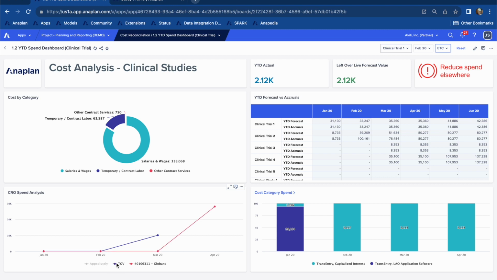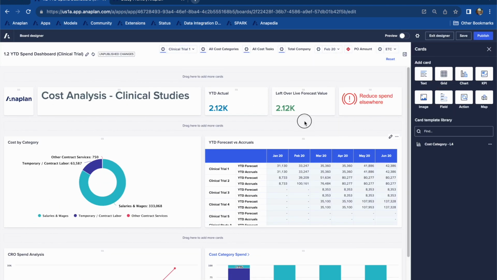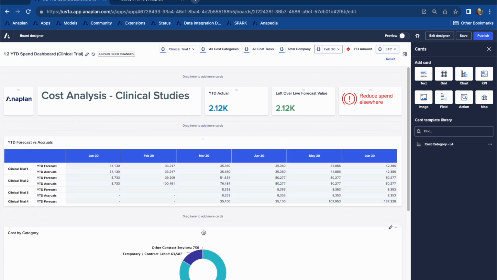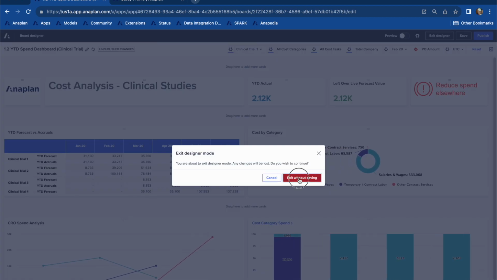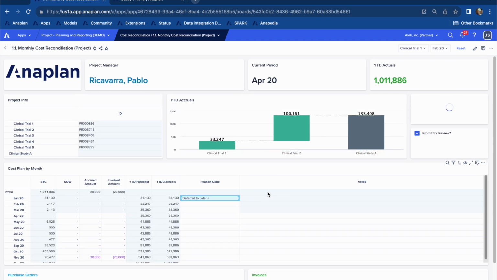So whether it be CRO spend analysis or the different cost categories, you have the ability to report this information, but it can also be easily configured to align to what you're looking for, right? So drag and drop, point and click to information, and we can very easily change that user experience as needed. So dashboards similar to what we're looking for can help facilitate that close as we progress month to month and